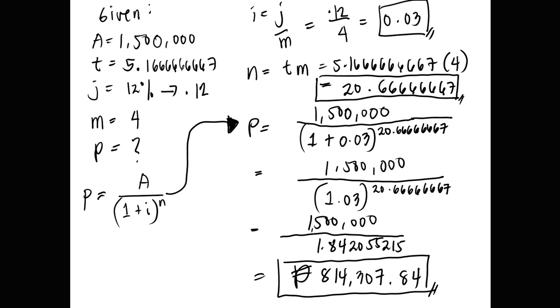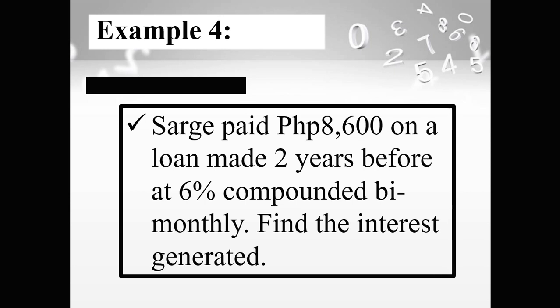Okay? Next, example number 4. Sarge paid 8,600 pesos on a loan made 2 years before at 6% compounded bimonthly. Find the interest generated. Okay. So, in this given question po,